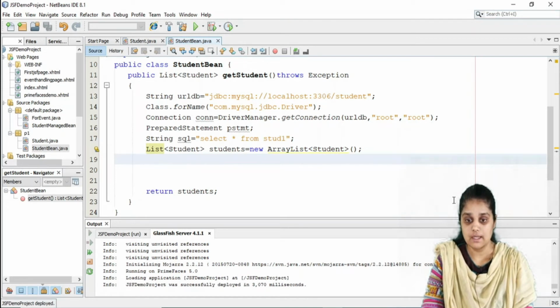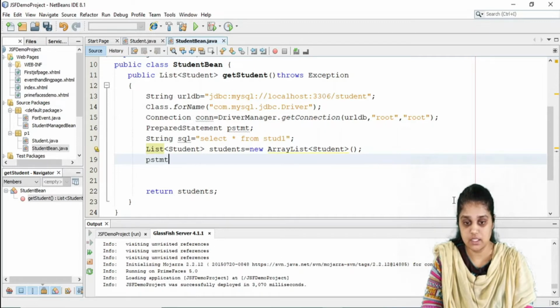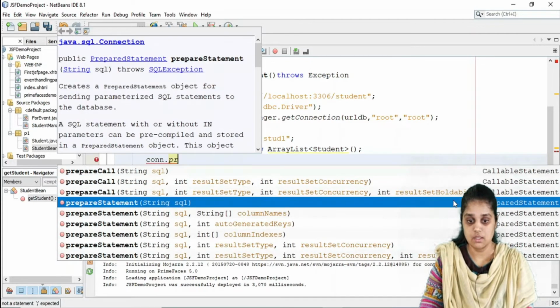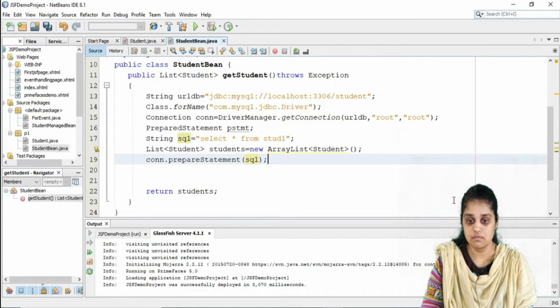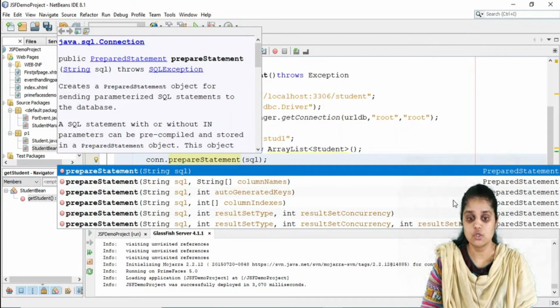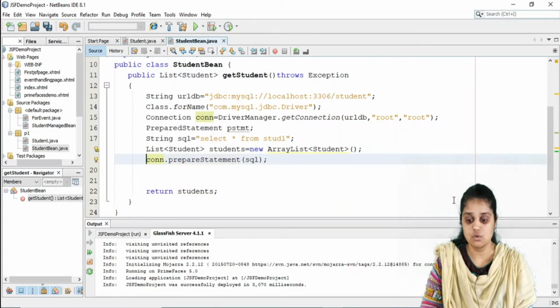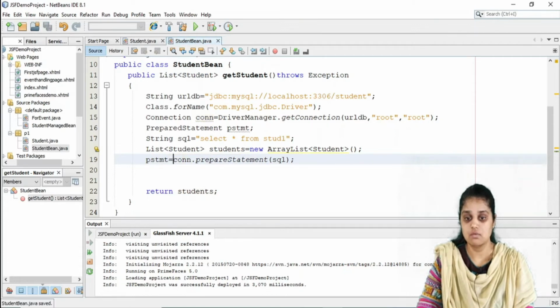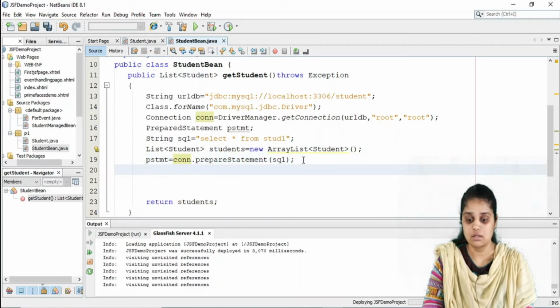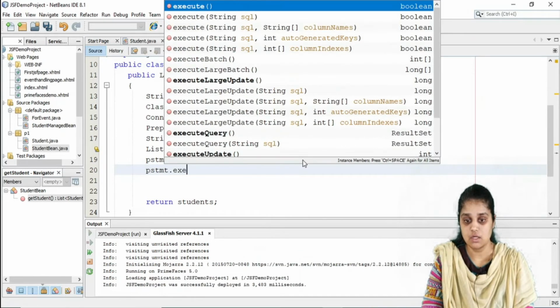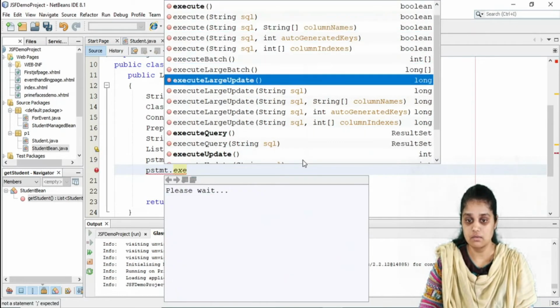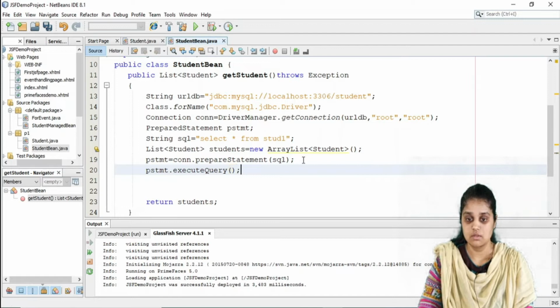So pstmt is equal to con.prepareStatement(SQL), and this is going to return a PreparedStatement. Then pstmt.executeQuery. This is going to give me a result set